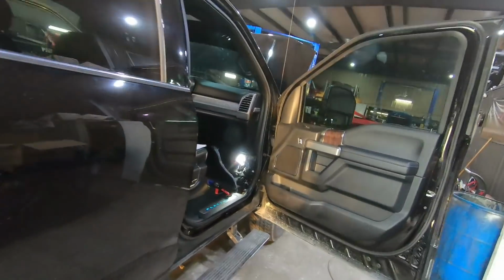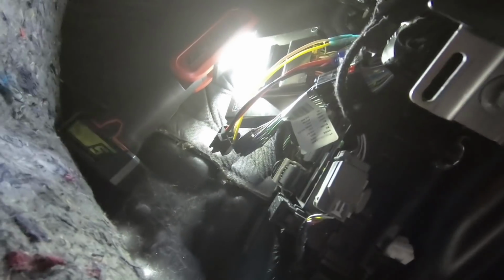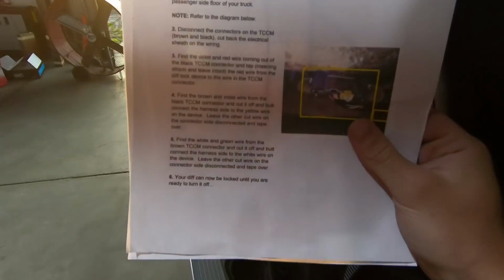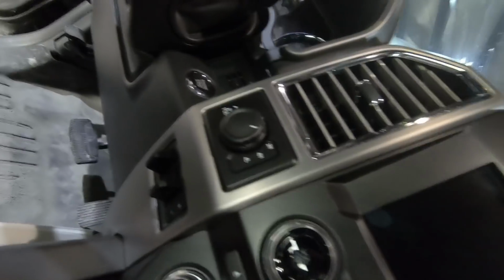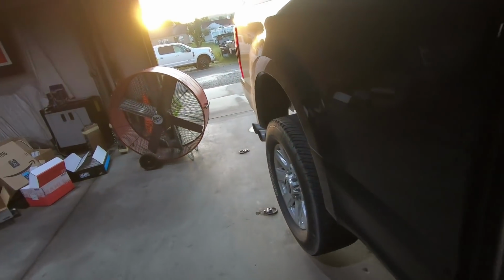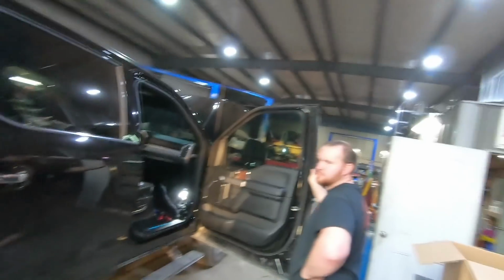We are developing, with SPE, their new full lock diff kit for the rear end to keep the rear differential locked 100% of the time when the switch is pulled out, meaning your electronic differential control knob, which also controls your four-wheel drive. You pull out the knob and it locks in your rear differential to have a solid locked-in rear end, so both wheels will be spinning for a sweet smoky burnout, or if you want to do a drag race